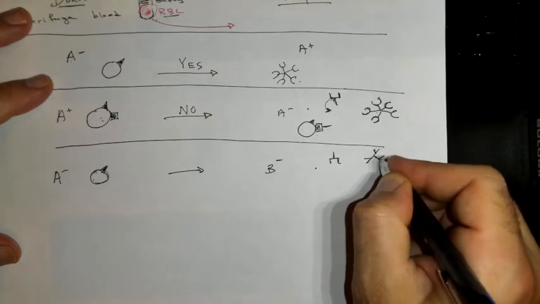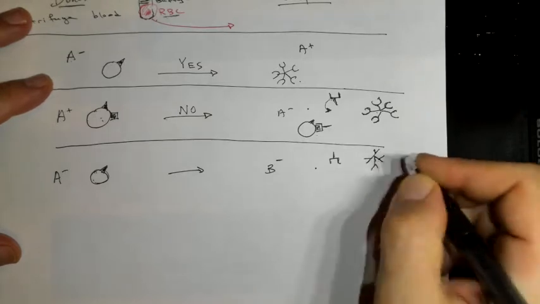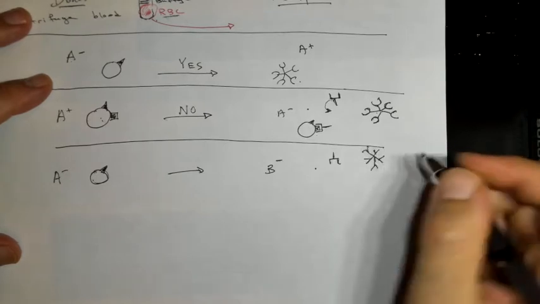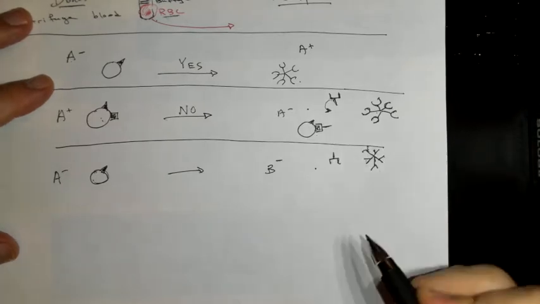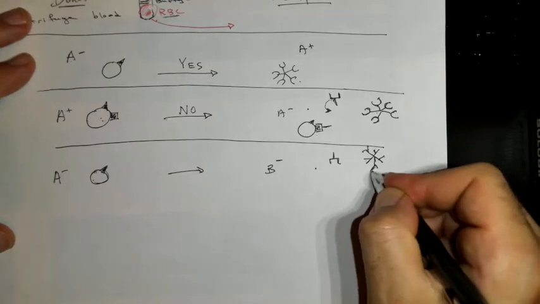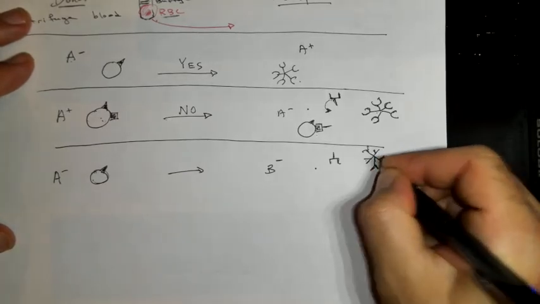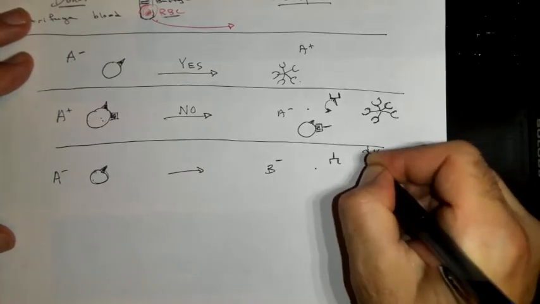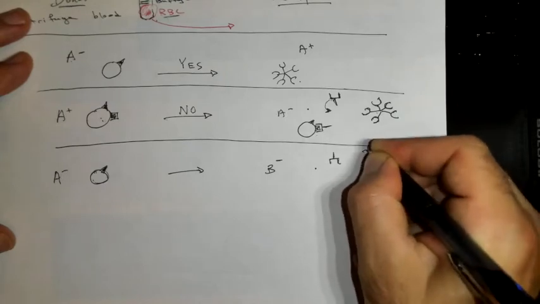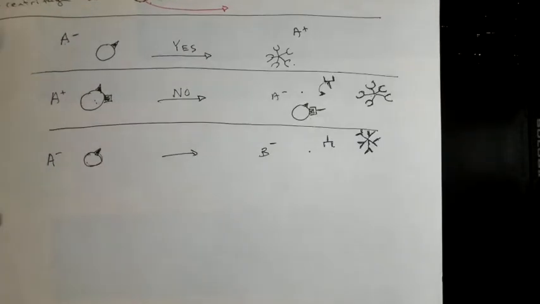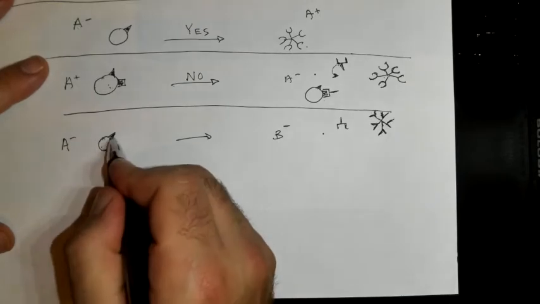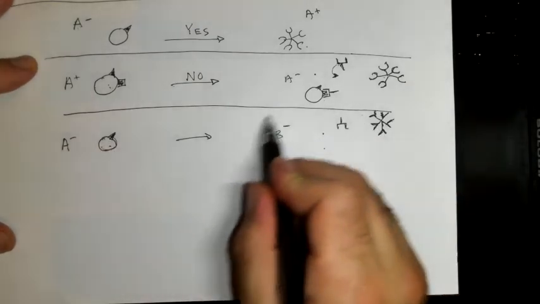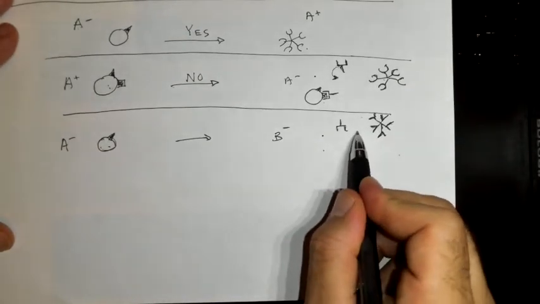Oh, having a hard time drawing that one. Should be 5 of them. 1, 2, 3, 4, 5. Okay, good enough. And these are supposed to be triangular shaped sticky ends. Let me make sure I have that. Triangular shaped sticky ends. And my question is, if I insert this RBC inside this person's blood, can their plasma